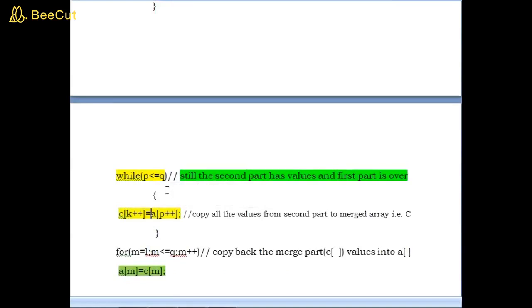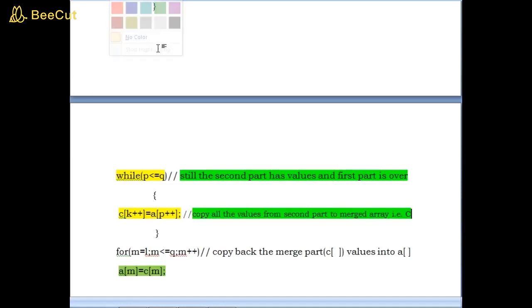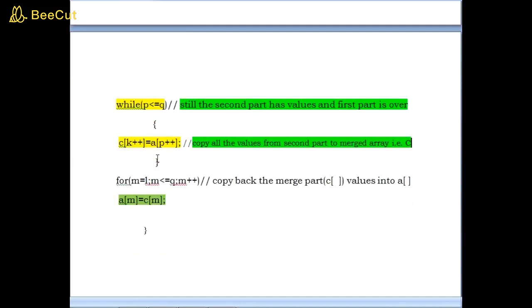Every time after copying or storing or assigning the values, we have to increment the respective index values. Don't forget that one. This statement indicates copying all the values from the second part to the merged array C.